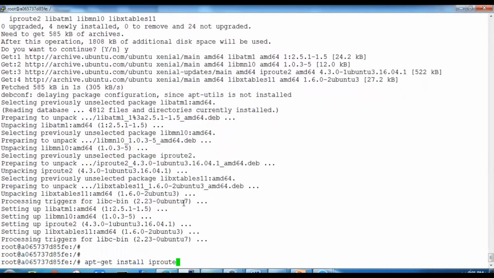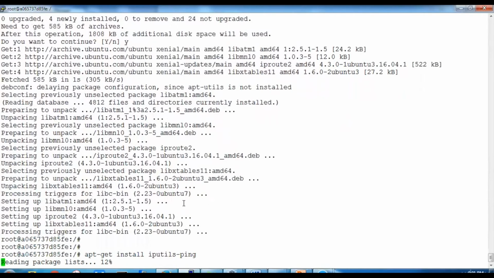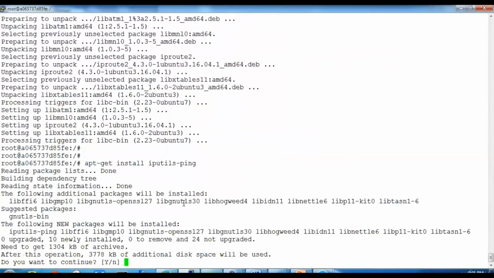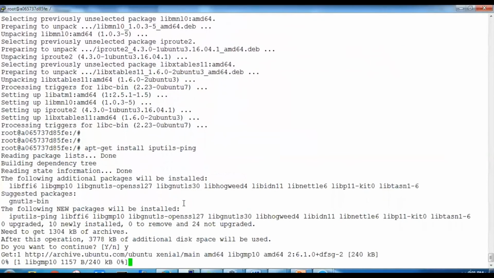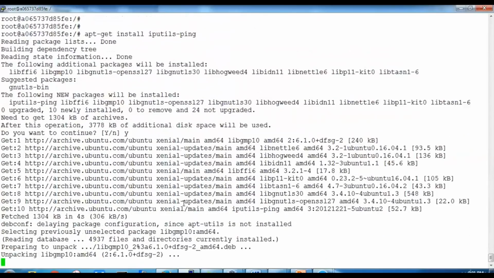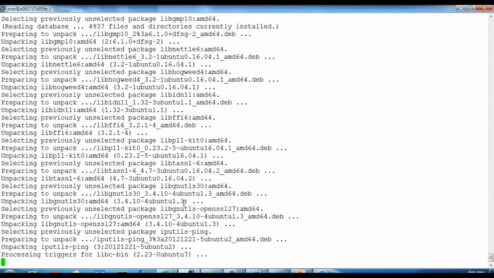One more package for ping, because if you type the ping command, it will say ping command is not found. So we'll say iputils-ping. So this package is going to install, and it will allow us to ping any system by using the ping command.